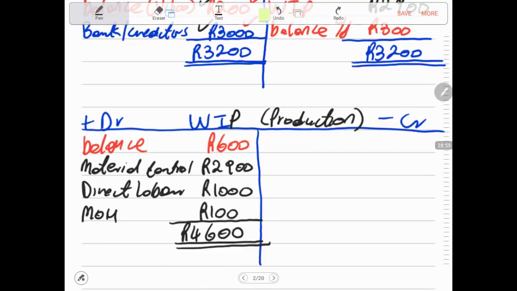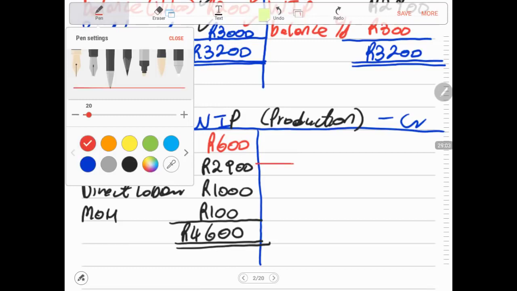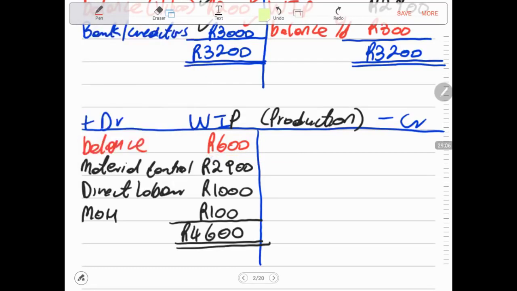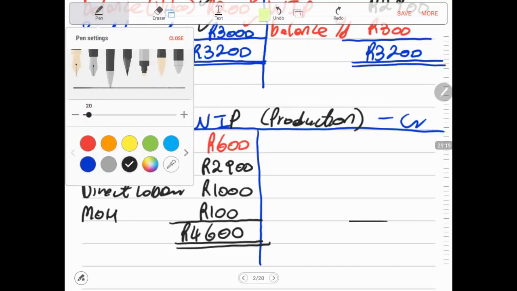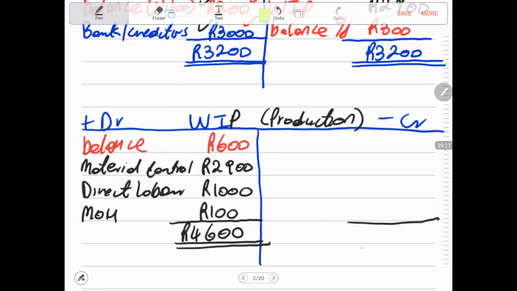Remember, we have the opening balance. Don't forget that. We had production that was introduced in the current period. And that production is made of material, labor, and overheads. And it must always be those three components. Now, I just want to bring your attention to the total cost of manufacturing during the current year. So now the value of the work that was in process is 4,600, which is opening plus